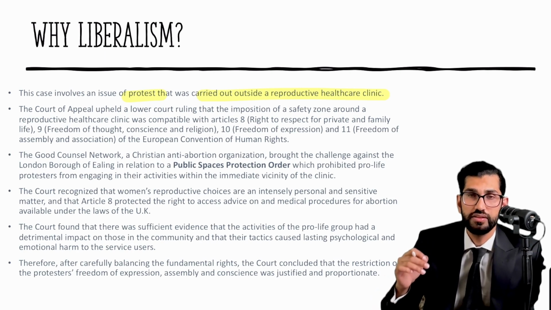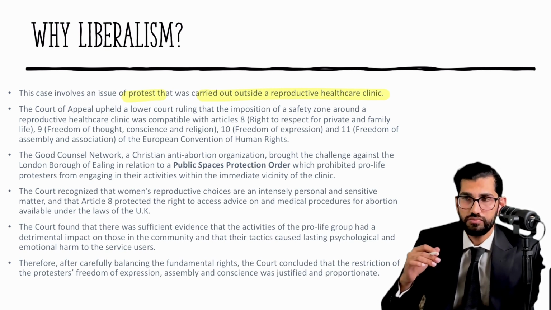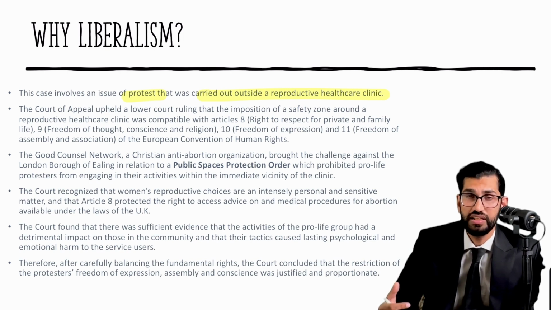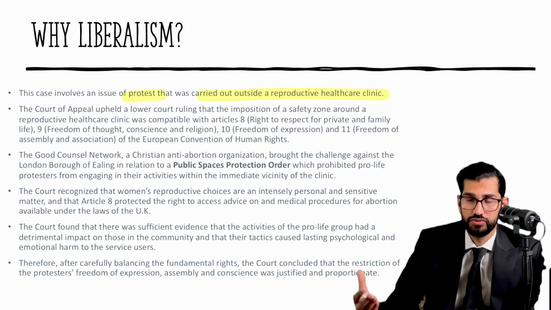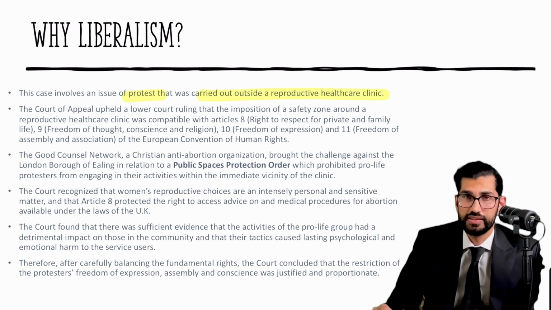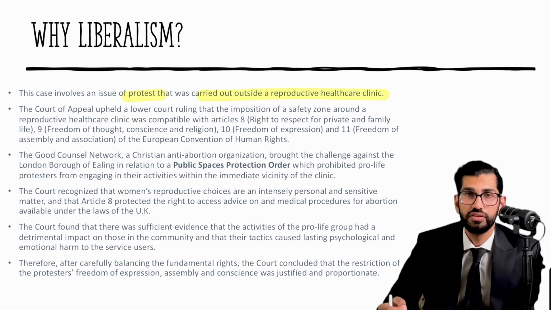So for me, these are the issues that are dealt with primarily under the liberalism doctrine, because in liberalism, the theory has to justify the balance between the rights of others and the rights of one being. We need to learn to what extent a person enjoys the freedom where his actions might lead to physically harming other people or otherwise. So what are the limits of liberty? Are we talking about absolute liberty, or are we talking about qualified liberty? All of that debate, I think, is more concerned with liberalism.